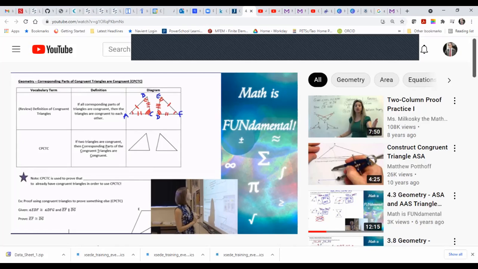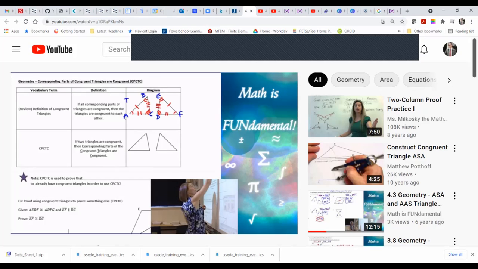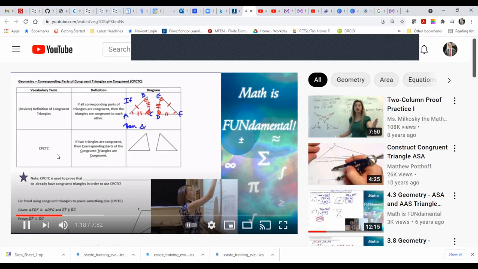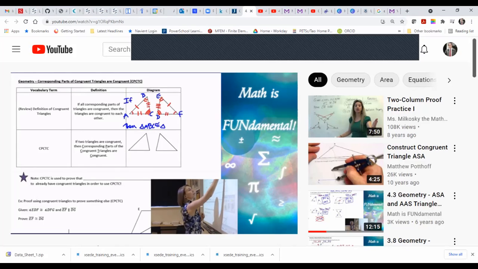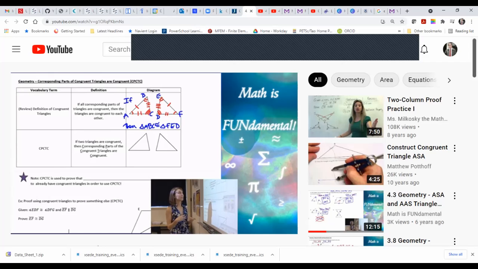here. So the definition of congruent triangles proves that if this is true, then triangle ABC is congruent to triangle FED. So that's what the definition of congruent triangles does for us. And similarly,